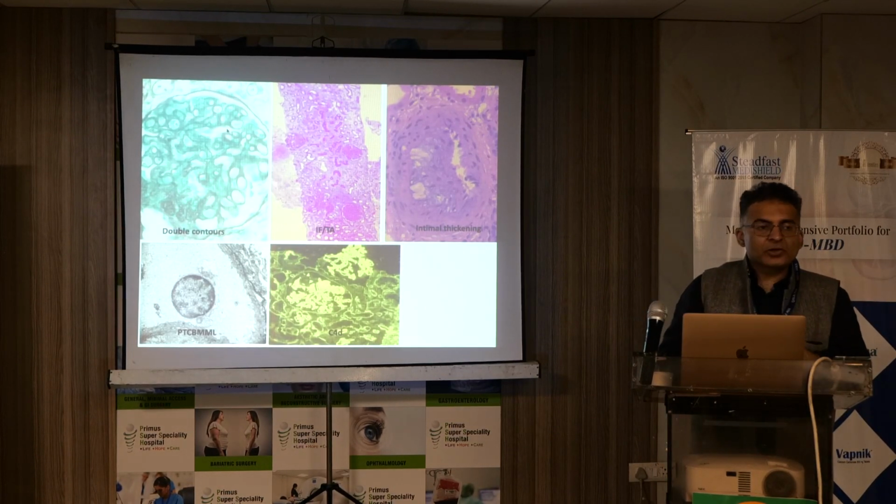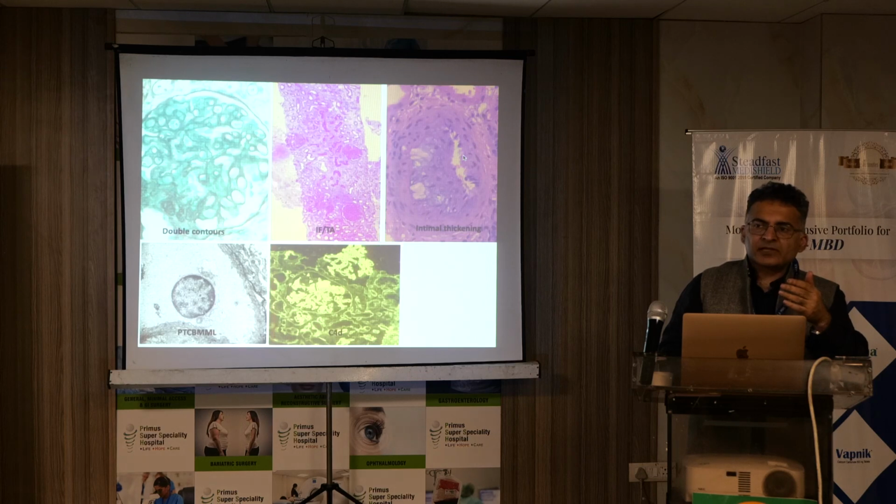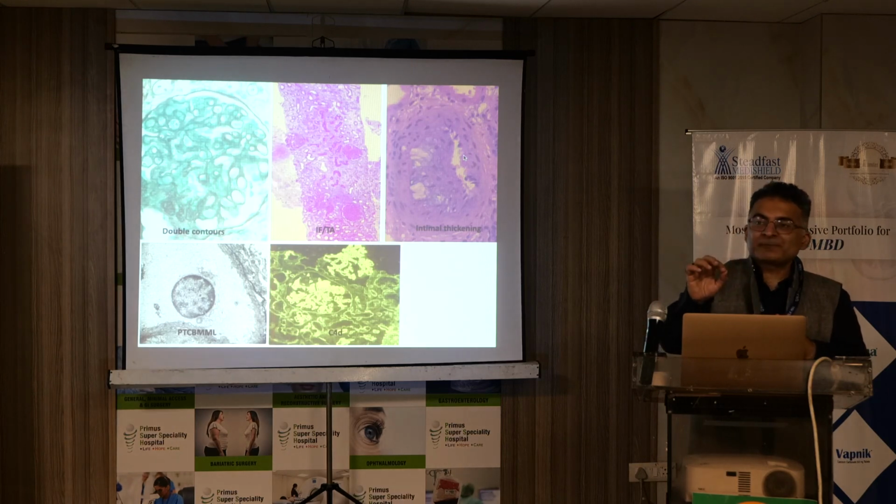That means in the glomerulus you are going to see duplication, that is transplant glomerulopathy. In the tubulointerstitial compartment you are going to see IFTA, which also suggests chronicity, and in the vessels you are going to see some intimal fibrosis. In other words, that is called transplant arteriopathy. So all three compartments are going to show chronic changes. In electron microscopy, whatever duplication you are seeing, you are going to see as GBM duplication. One more important thing, whenever you are writing pathology reports, whenever